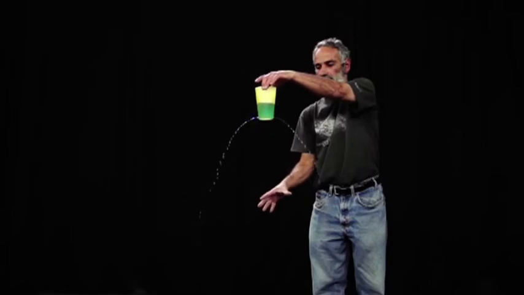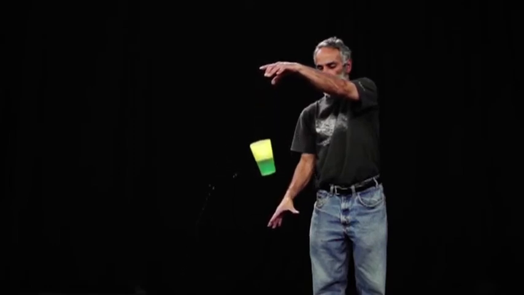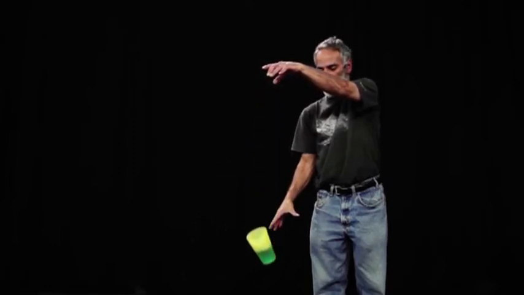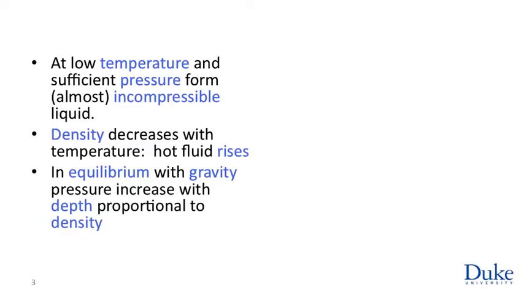And in case you're not certain that this is due to the weight of the water and to gravity, I will drop the cup, at which point fluid becomes weightless. The pressure at the top of the cup and at the bottom of the cup are now the same, and indeed the fountain ceases. So I hope I've convinced you that in a fluid in equilibrium under the influence of gravity, pressure increases with depth, depending on the density of the fluid. This is going to be important in astronomical context in understanding the structure of things like planets and stars, which contain fluid and are certainly held together by gravity.